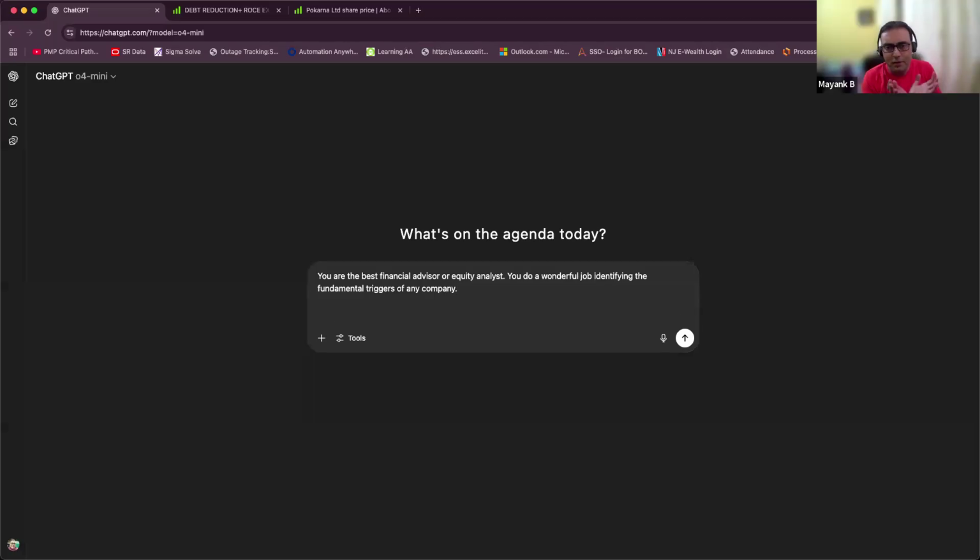So you can just define the role in one or two lines, or probably three lines, depending on you. And then you get into the task. Your task is to go through the screener.in page, and then just copy that,